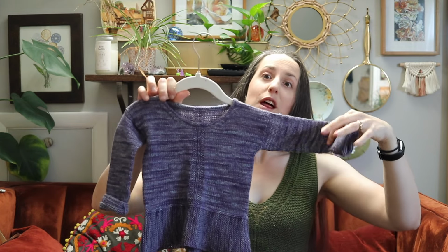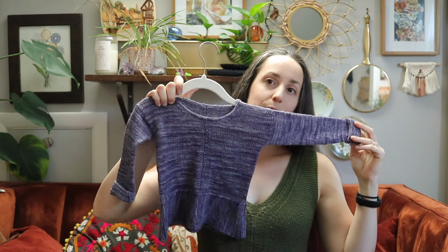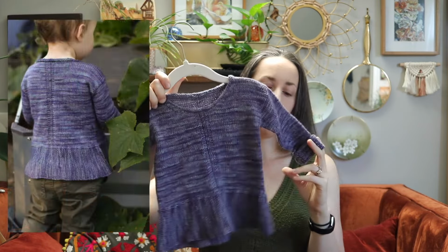So I ended up knitting 3 samples for this. This is the third one. It's the long sleeve option. It has a regular hem, and I also knit the short sleeve with a full hem and a short sleeve with a regular hem. I honestly usually don't knit projects a ton of different times, but these are so